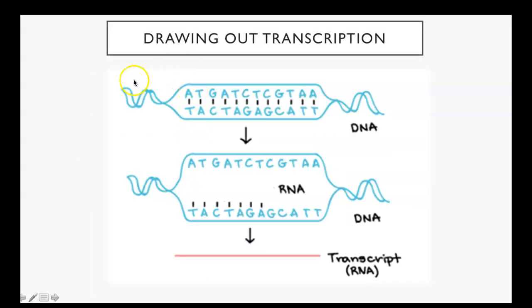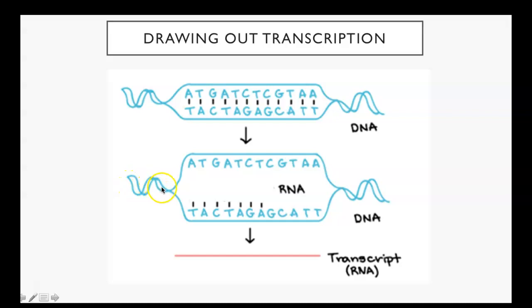Okay, so again, here's a simple diagram of transcription. Here's our DNA molecule. This is our sequence. This is a gene. And this gene codes for a trait that needs to be simply transcribed into a protein. So what we're going to do is RNA polymerase is going to unwind this DNA sequence, and essentially what it's